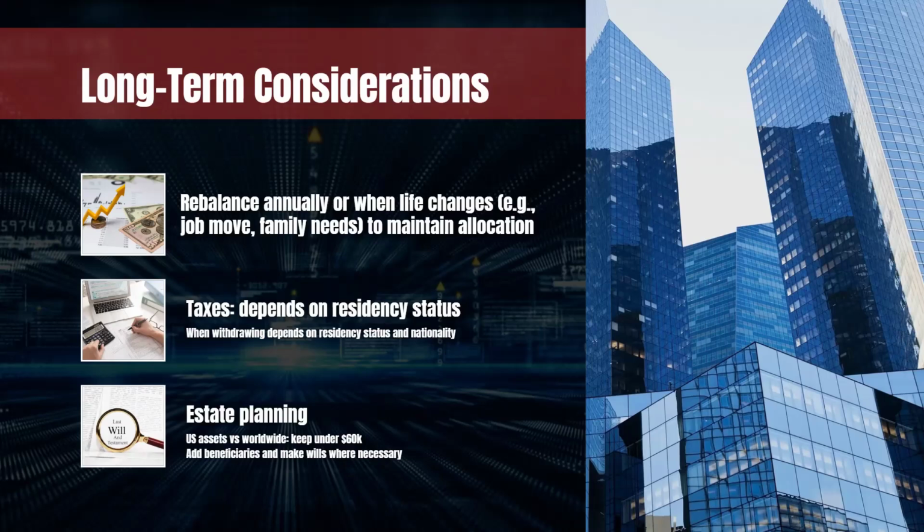All right, and then another thing that's very important to remember with US assets, if you have something over 60,000, I know it might sound like a lot of money now, but in the future, you might get there. So keep it under 60,000, because if you pass away having more than $60,000 in your name, whoever receives that money will have to pay inheritance tax, and that can go up to 40%. So they're actually getting much less.